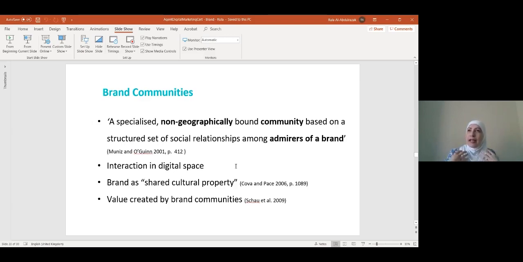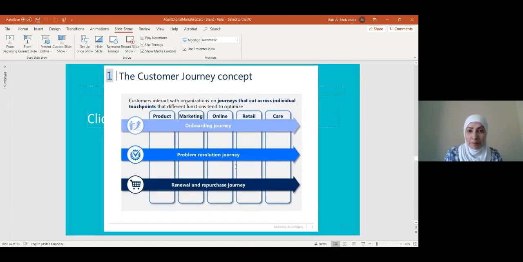For them, your brand becomes their property. It's a social property. It's a part of the society of those who are looking into such opportunities through you and the value you are offering. Brand communities create value in themselves for your brand.